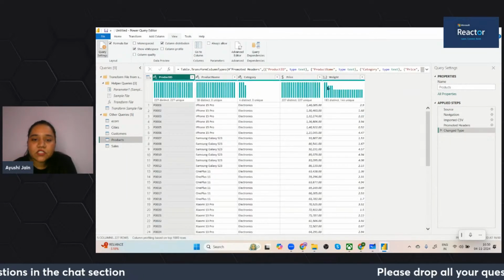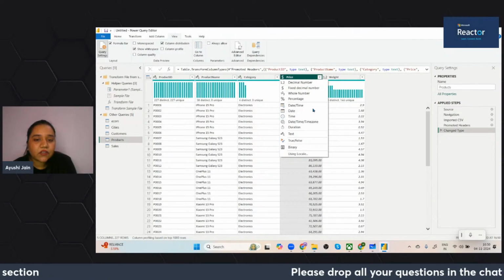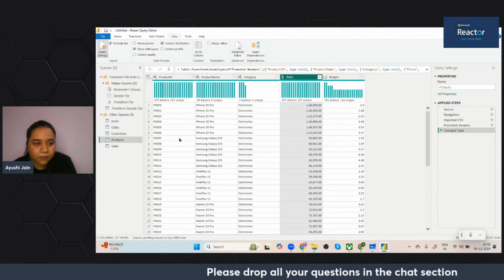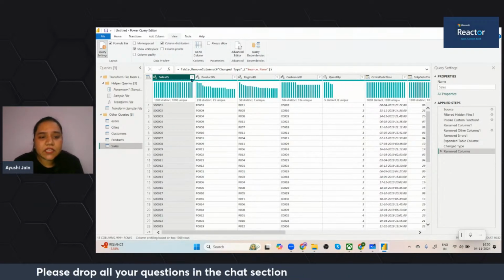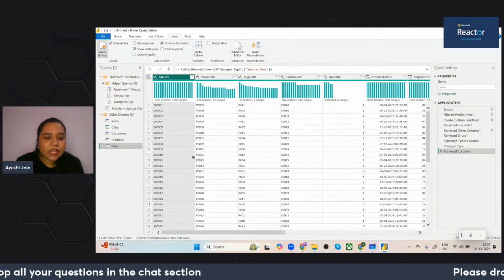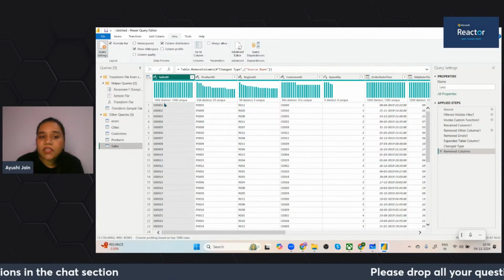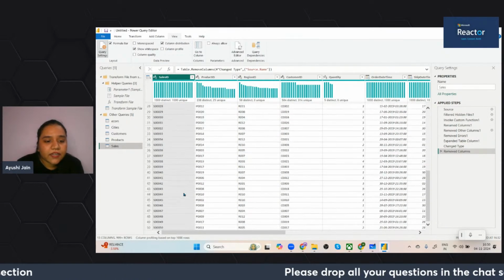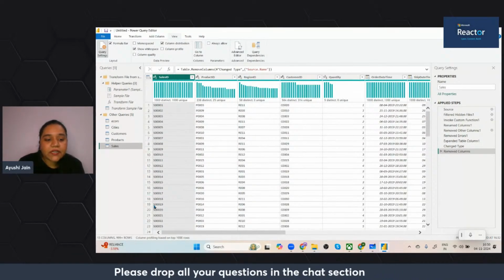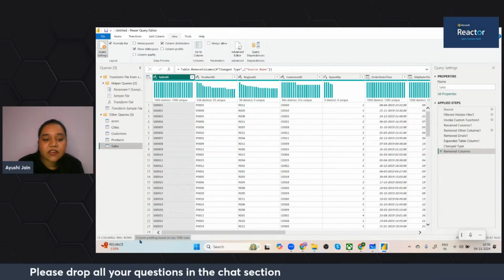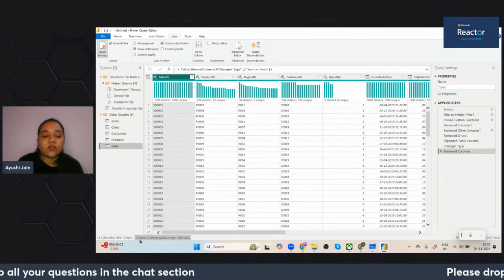For the data types, you can just click on this section in here and choose your desired data type. If we go to the sales table, we again have sales ID, where we have 1,000 distinct and 1,000 unique values. Why do we have 1,000? Our data is made of multiple files. You will now notice that at the bottom it says the column profiling is based on top 1,000